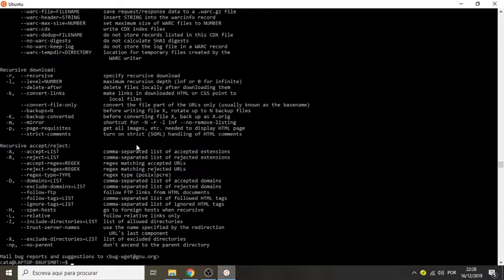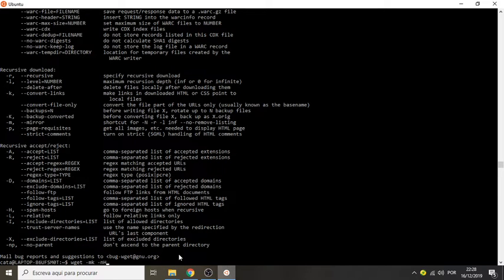Flags are the options you have to make the app work in a certain way, so the way you need. The flags we will use to create the mirror are -m, -k and -nH. M stands for mirror and is used to copy the whole HTML, so what the browser shows you every time you open the website, just like text for example. And it also copies the CSS, which is the visual formatting, and the JavaScript of the website